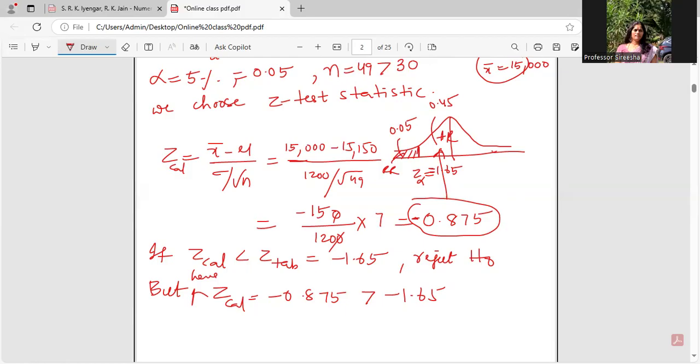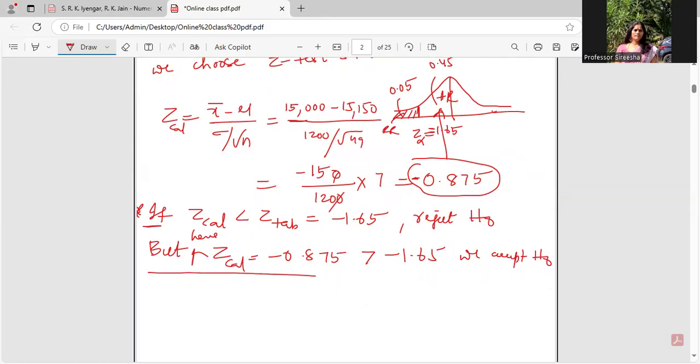Hence Z cal is greater than Z tab, and we accept H naught. Don't write the above sentence; it is only for your information. You need not write that in the exam. Whatever the conclusion, that Z cal is greater than Z tab, we are accepting H naught is the only point that you will write. Also, you will say that